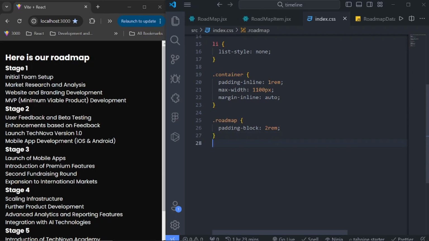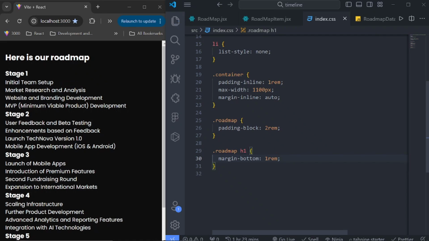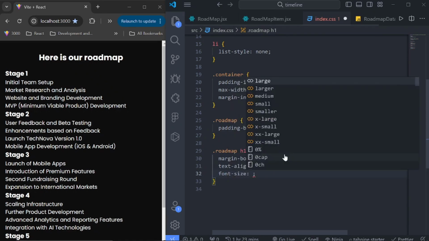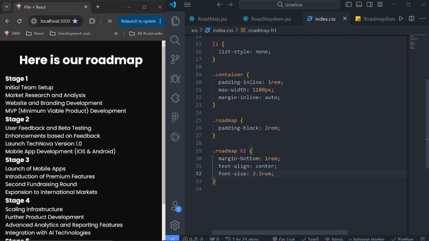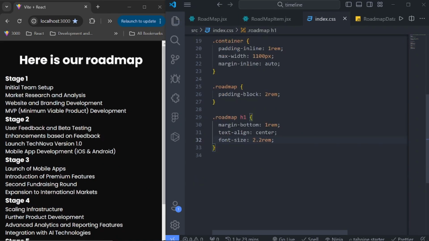Alright, cool. So we grab the H1 and give this a margin bottom of, let's say, 1 rem for now. Okay, then we'll center it on the screen and let's also bump up the font size. So let's just say 2.5 rem. It's too big. Let's make it 2.3, 2.2. Okay,